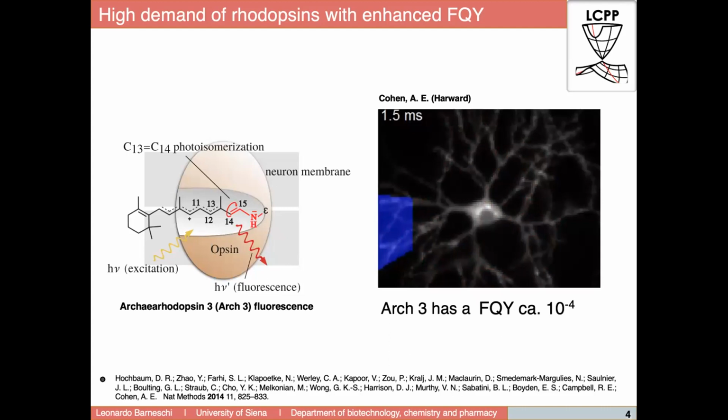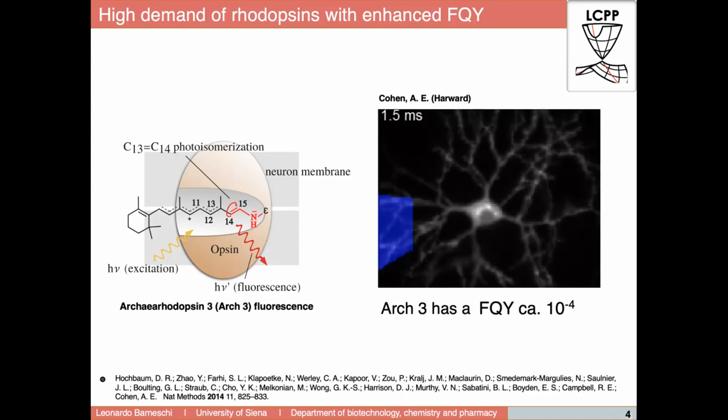But for that it is really important that we understand how to enhance the fluorescence quantum yield, because the first protein used in this sense was Arch3, and its fluorescence is super dim. It's like